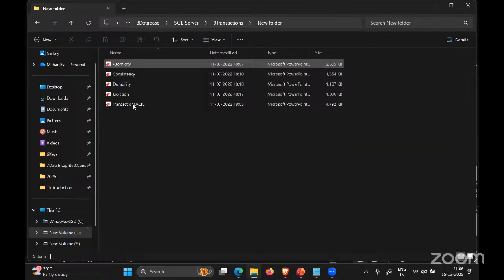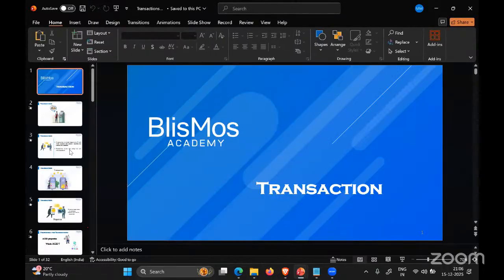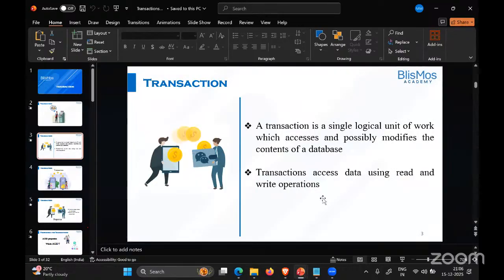So in terms of database, a transaction is a single logical unit of work which accesses and possibly modifies the contents of the database. That is a transaction.